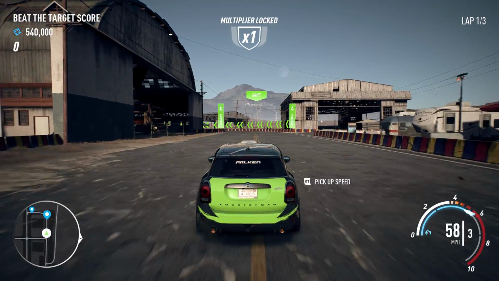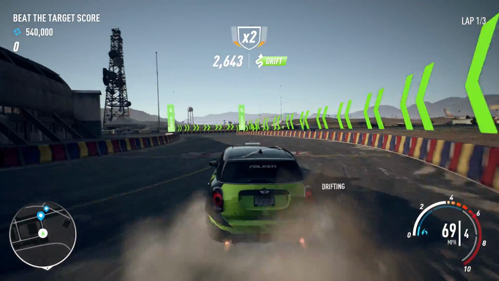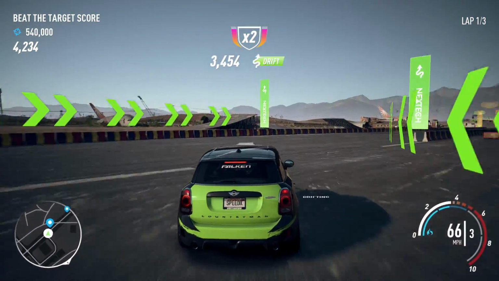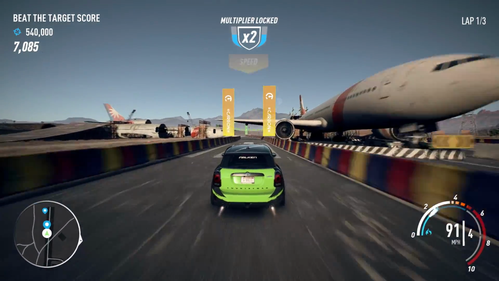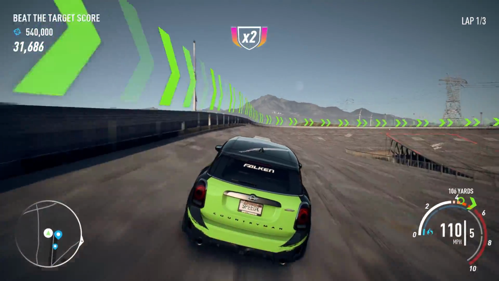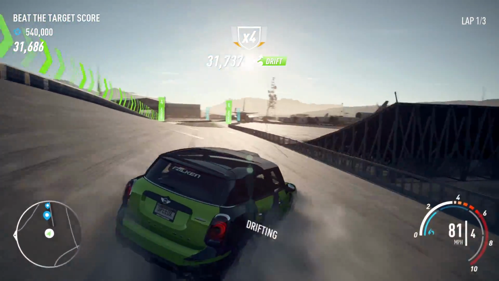Now, how SPEEDCROSS works is basically it's a combination of drifting, jumps, smashes, speed, pretty much everything you can think of rolled into one big event. The main thing you need to be able to do in order to score well is be good at drifting. Obviously, that's a really important part of SPEEDCROSS, but you also need to be really good